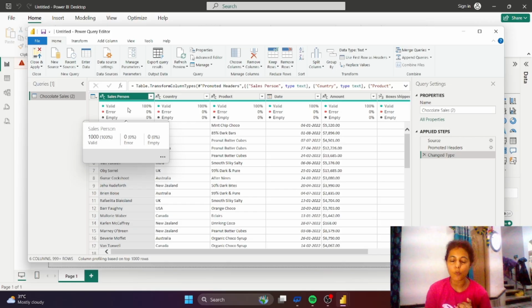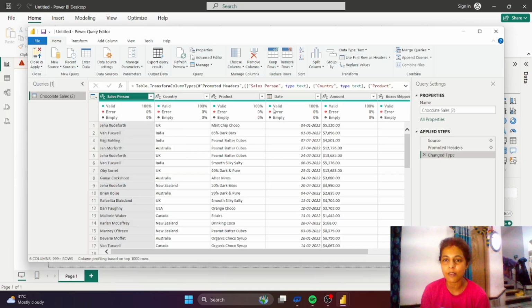In Power Query, there are so many processes to complete, and whatever steps you do will be visible here in Applied Steps, in hierarchical order. First it is written Source.